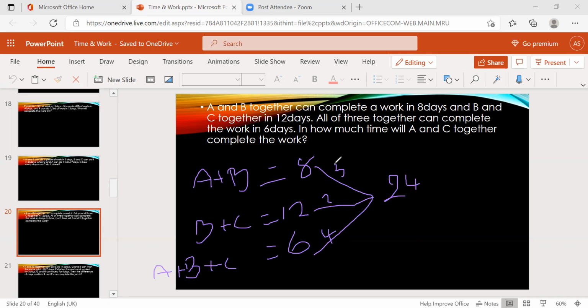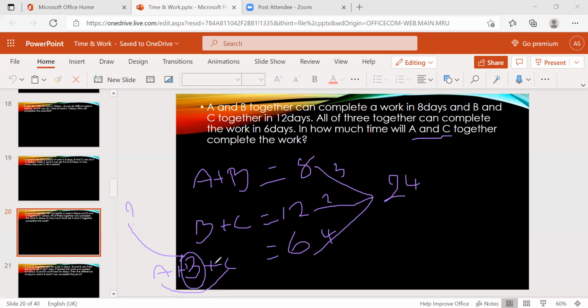Right? Now, what they're asking us to find first: A and C. So if you know the B value, then if you substitute this B value here, then we can get A plus C, right? So that is what you have to understand. They've given the same type of problem, but you have to understand what we have to find out and how we are going to find it out. A and C is there here, and including here, B is there. If you know the B value, then we can find A plus C, right?